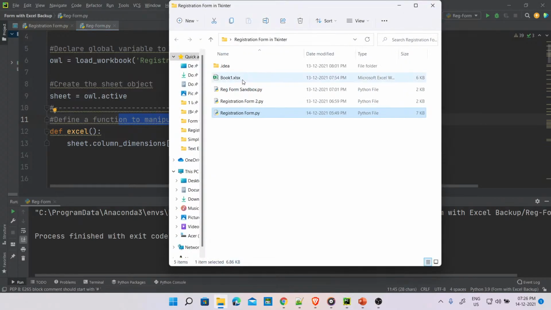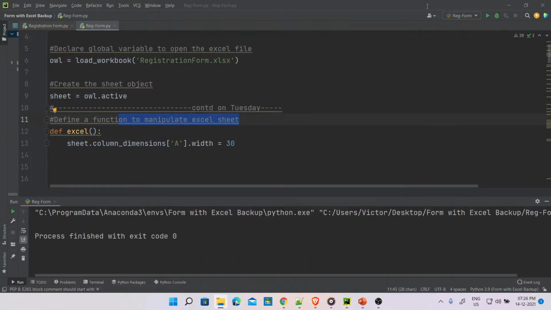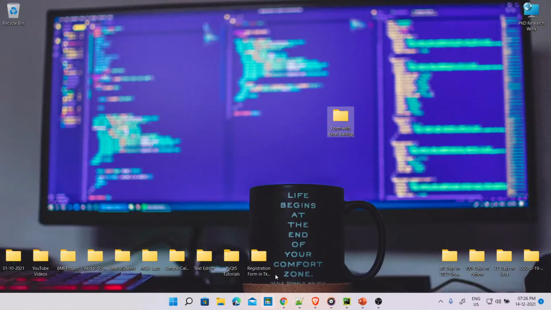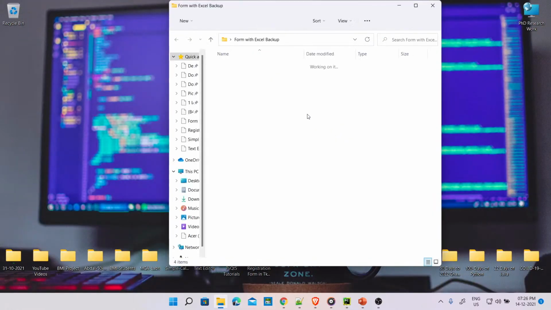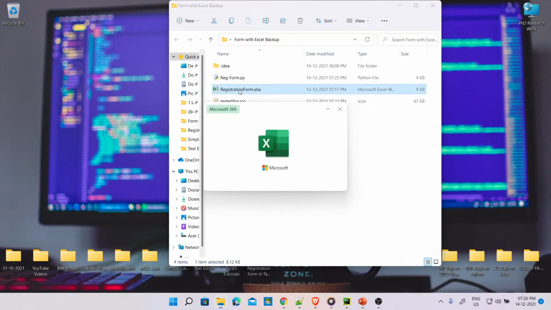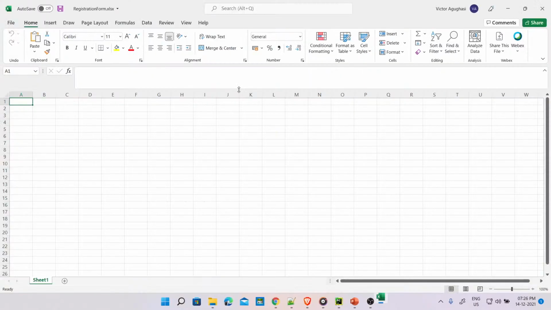For most of you that didn't know, let's go back here. So we needed to reference this location. So if you come here, the name is already called registration form, but we needed to refer to some locations, right? So for that, there'll be some lengthy codes I should be able to remember, otherwise we see. Okay, so this is it. So for that we need what we call dimension. So Excel is the object, right? So the sheet is the object which we created, so we need to use it to refer to this,